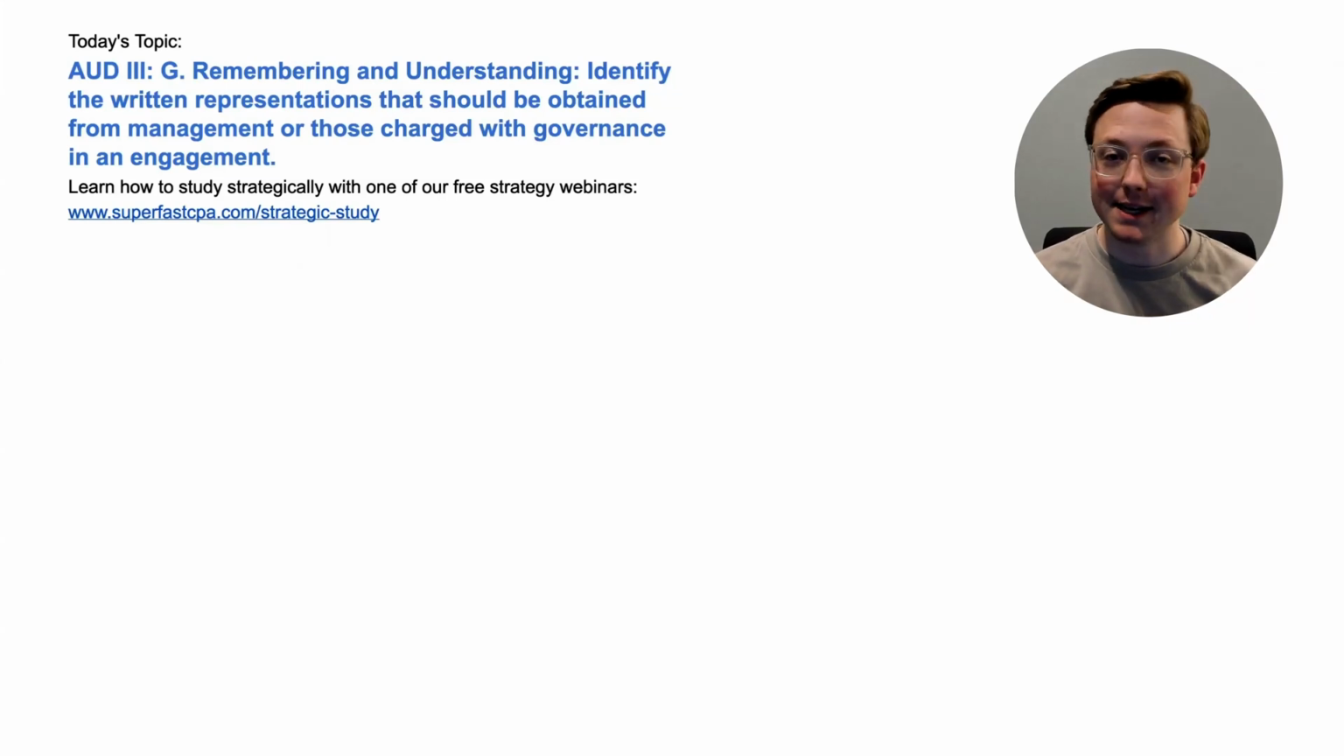I'm Logan, and in today's video, we're going to be going over Audit Area 3. This is Section G. This is a remembering and understanding topic. Identify the written representations that should be obtained from management or those charged with governance in an engagement. And we're going to be doing that the SuperfastCPA way, which is diving straight into the questions to learn the